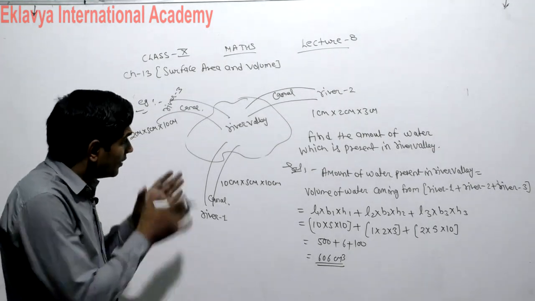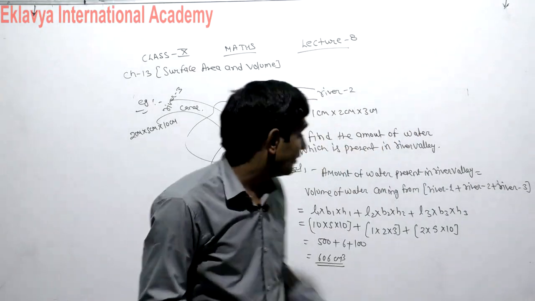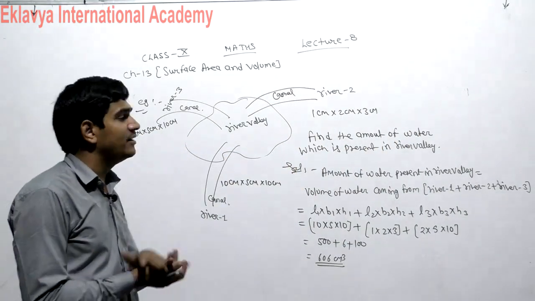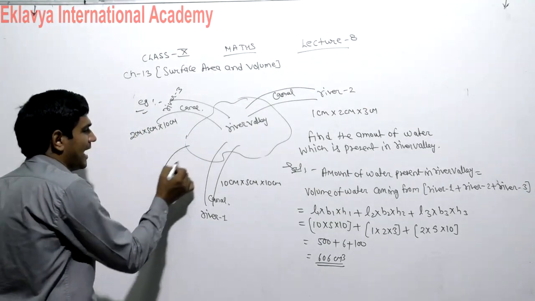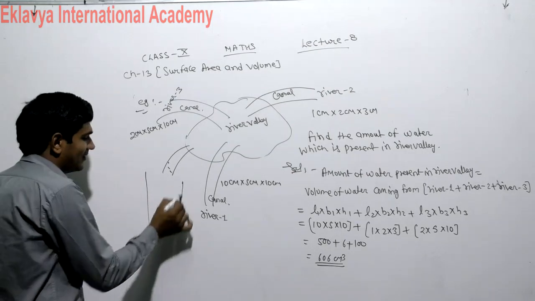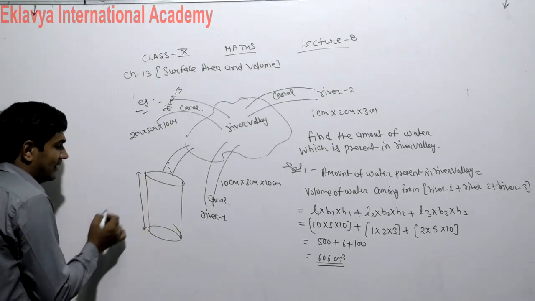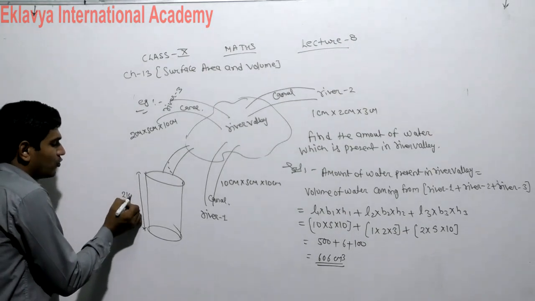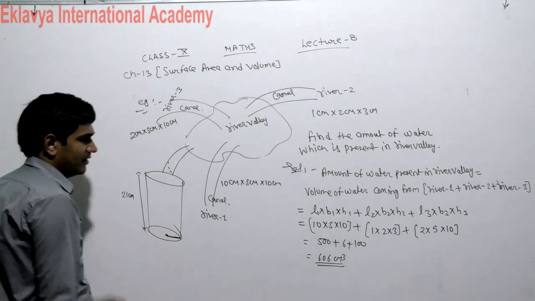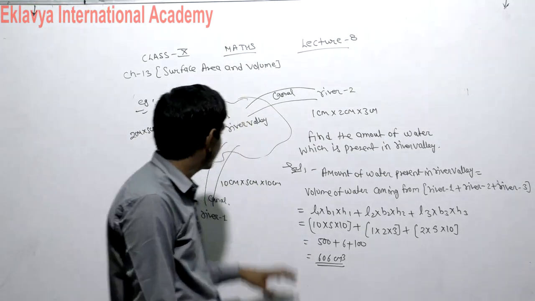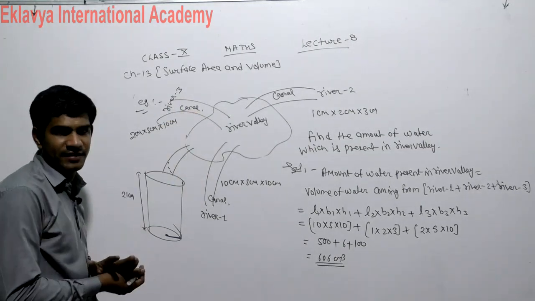Understand? Now that question may be converted in another form also. Now the water is empty into a cylinder. Now what have we done? This same water you are emptying into a cylinder shape. For that the cylinder height is given to you, 20 centimeter, then what is the radius of the cylinder? Understand question? In that river valley, the water is coming from three different rivers.